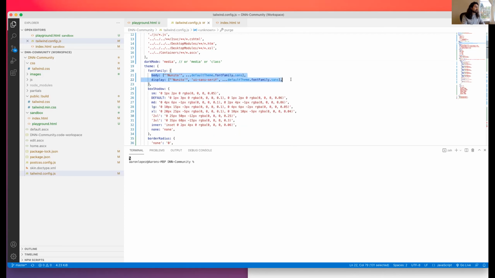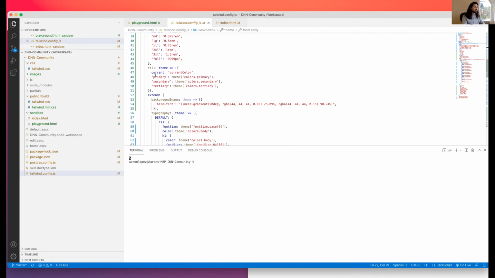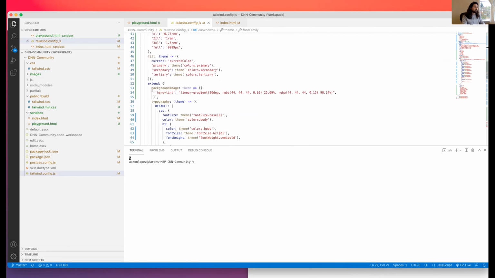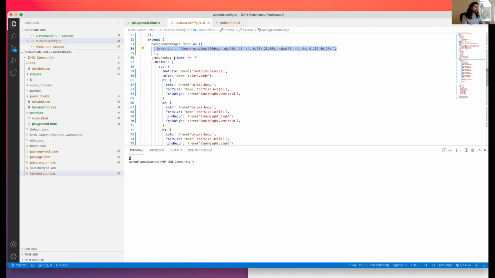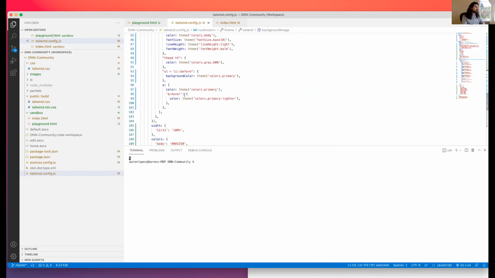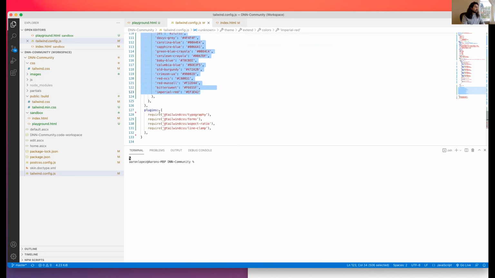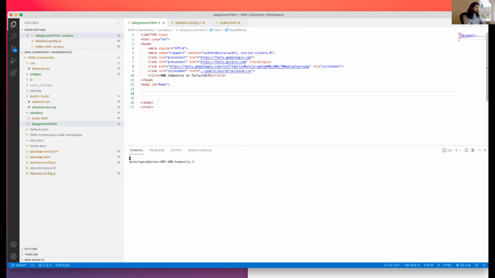And then here's where I set my font family. I can set box shadows, radiuses. I can even set fill colors. This is a really cool thing too. I'm creating background images all in one spot, and when you do that, it means you have that background image as a class you can apply to literally anything you want to. Moving down here, I actually have typography set for that prose class, as well as all of my colors. And then I've got my plugins here. So this should be a better sort of example.